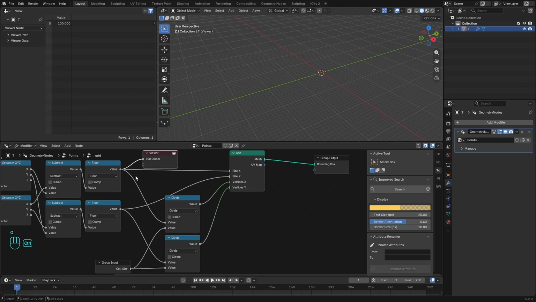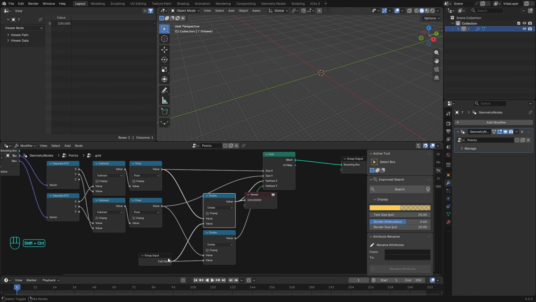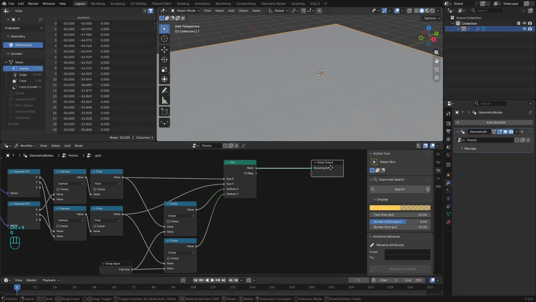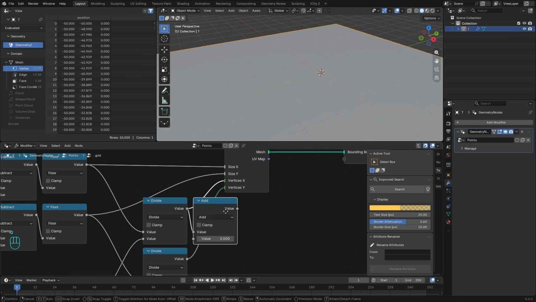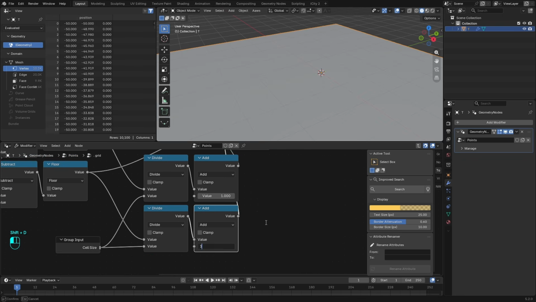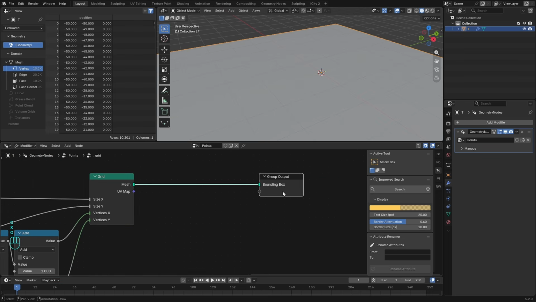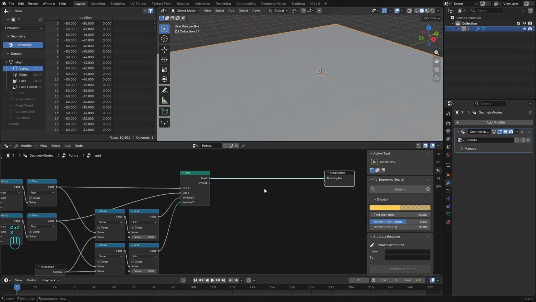So we'll divide the scale, which is 100, by our cell size, which is 1. So we get 100 vertices, and we need to add 1 to both of these. So add 1 and add 1. So we get 100 edges,